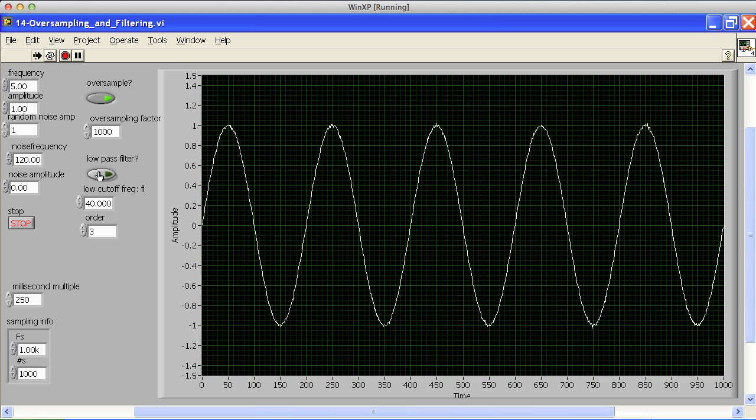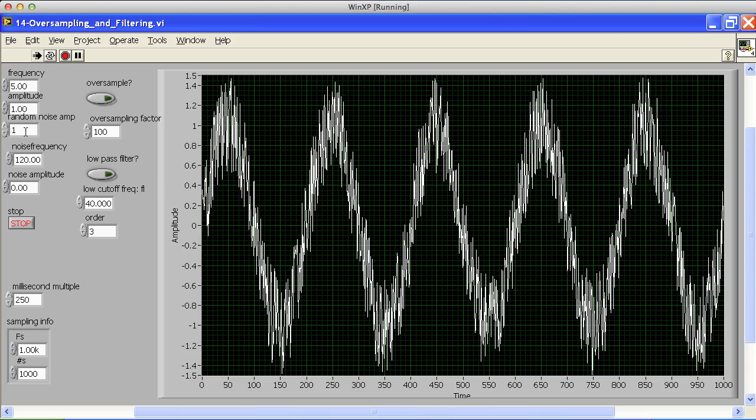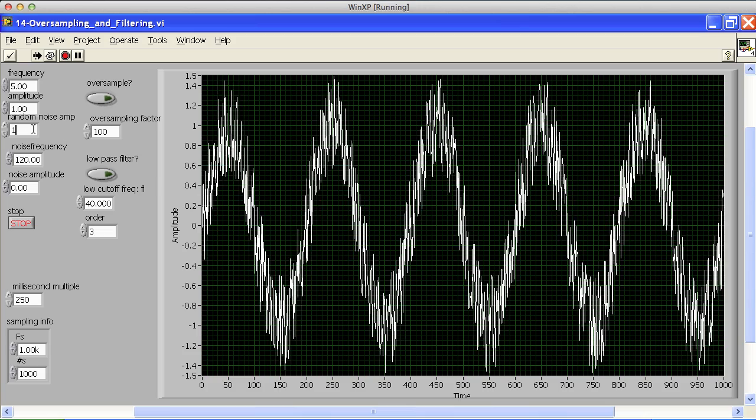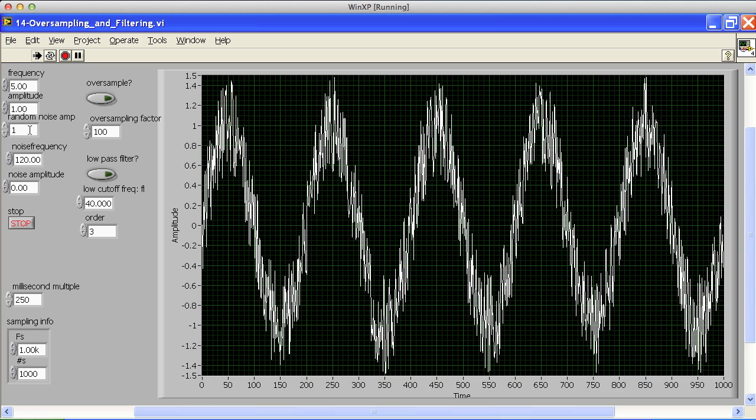So oversampling is great. The good news is that it's nice and inexpensive, because A to Ds are nice and cheap, and so oftentimes we can sample really, really fast, and we can get some good results with that. So that's oversampling. So I'm going to go back, turn the oversampling off, and then I'll talk about